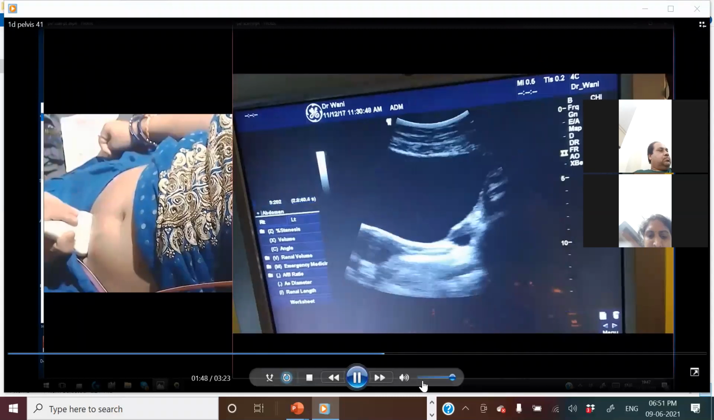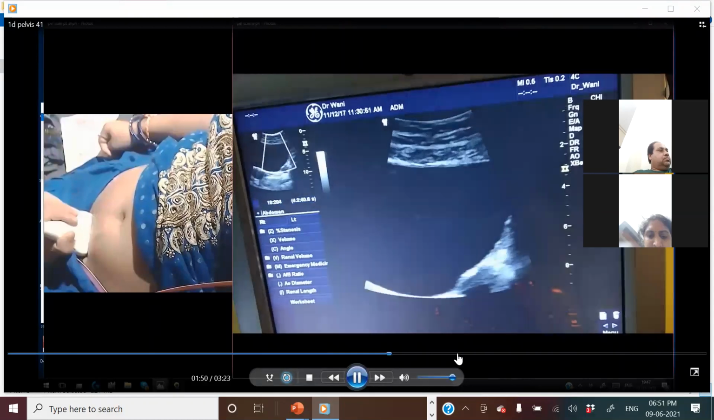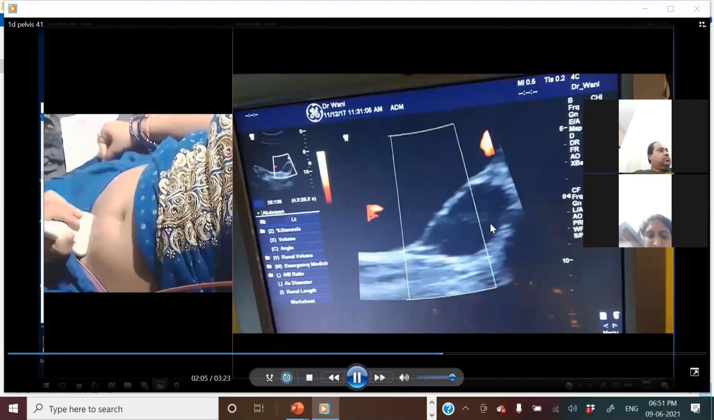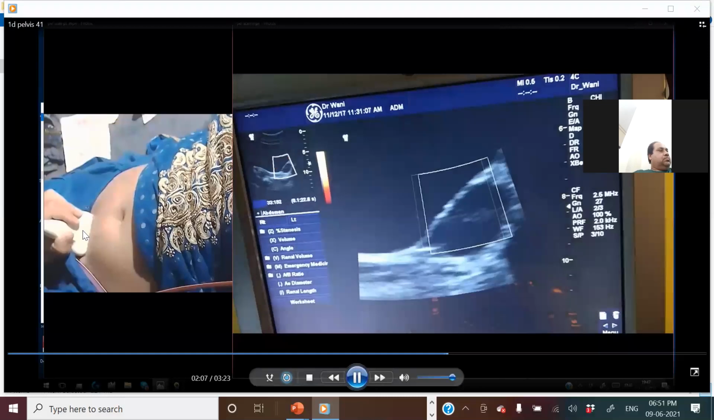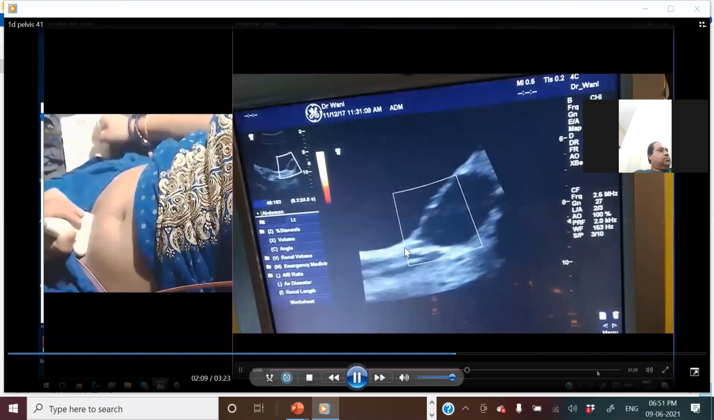Now, if the uterus, let me go to the uterus. Now see, this is the ovary, not a TVS. Now see, I'm proving this is not a TVS. This is the transabdominal probe. Why the